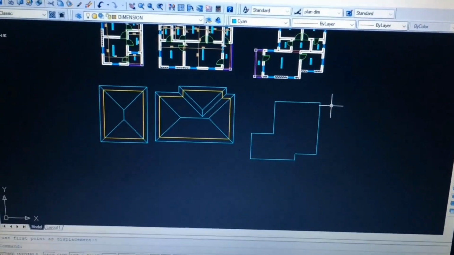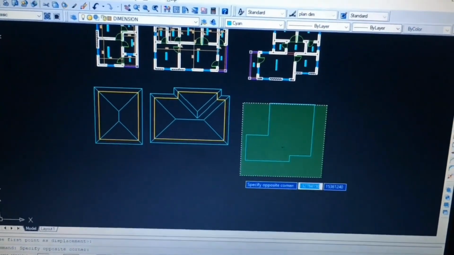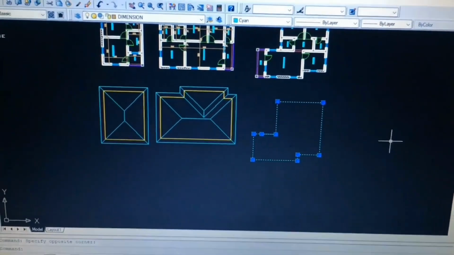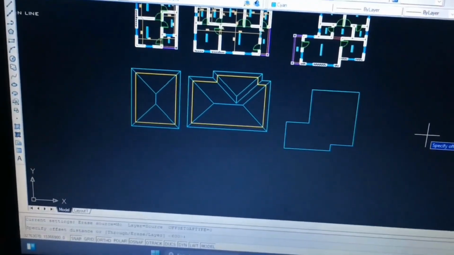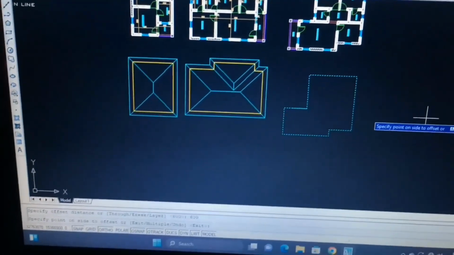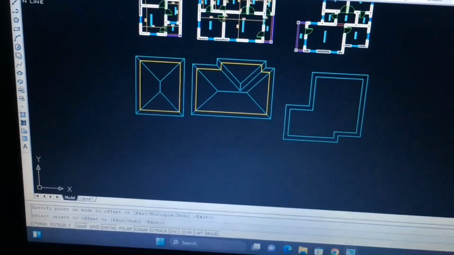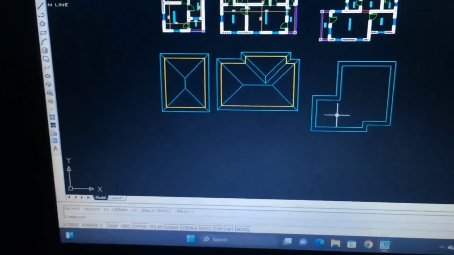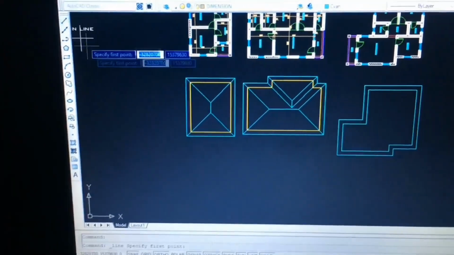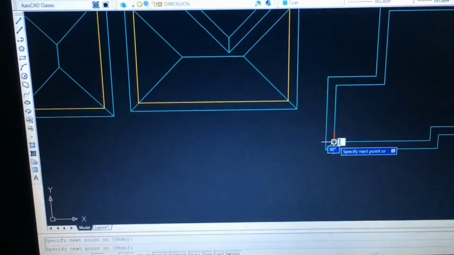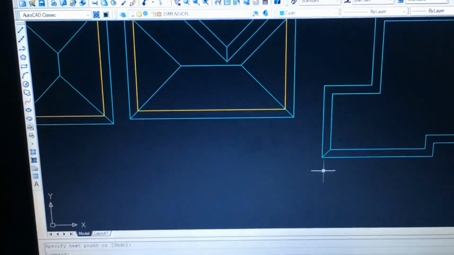The next thing to do now is to offset, highlight the polyline. For shortcuts, enter 600 mm. Offset distance. And that's our offset 600 mm. Like we did for the previous ones. Now I'm going to use the line. Enter. So from here,